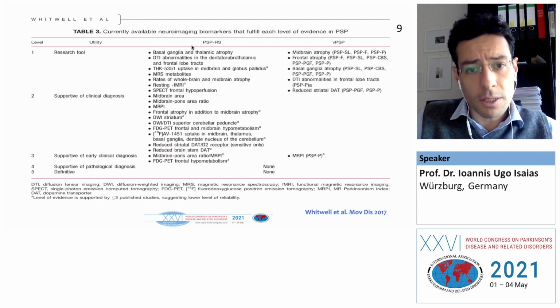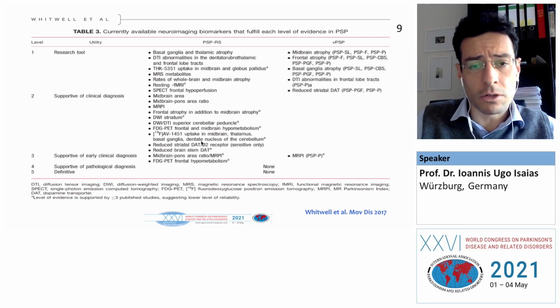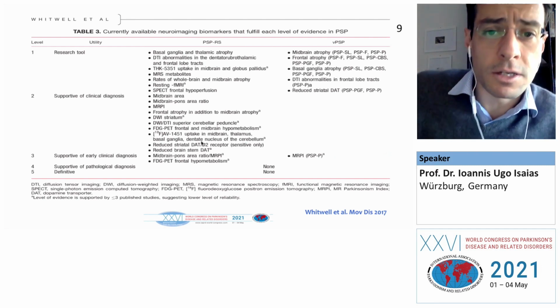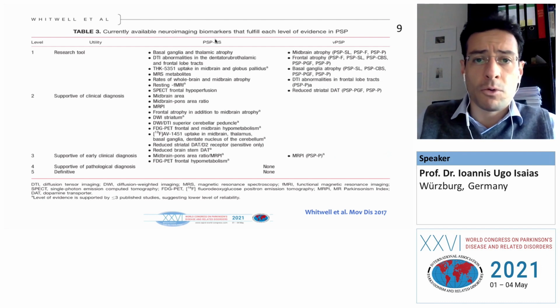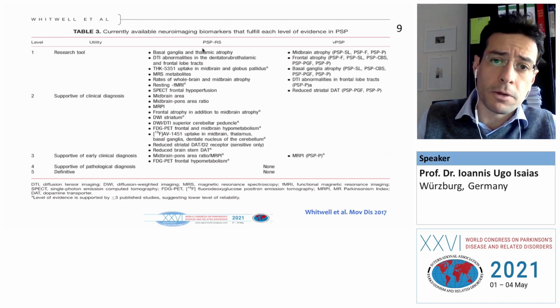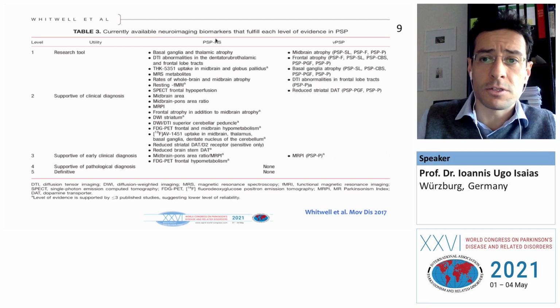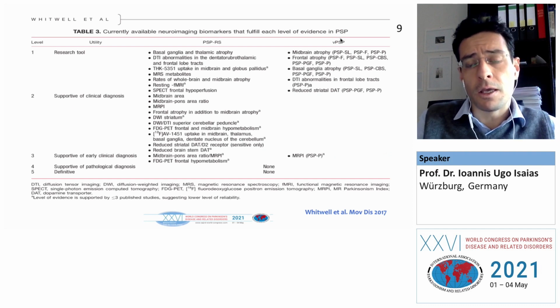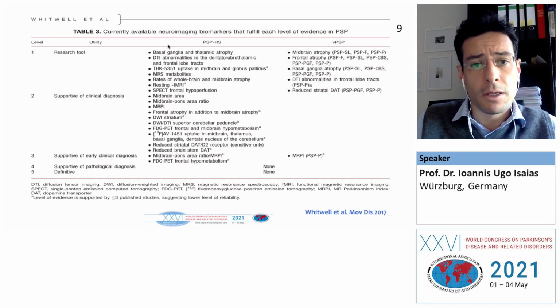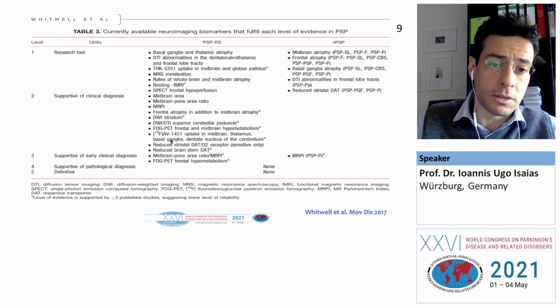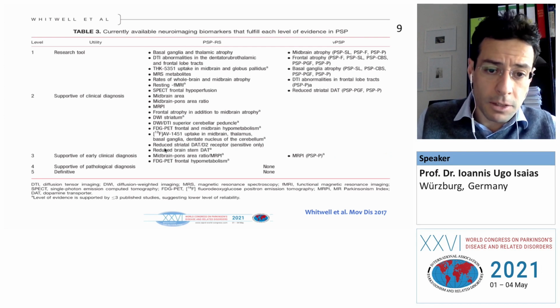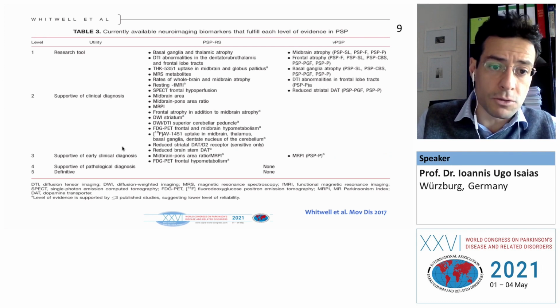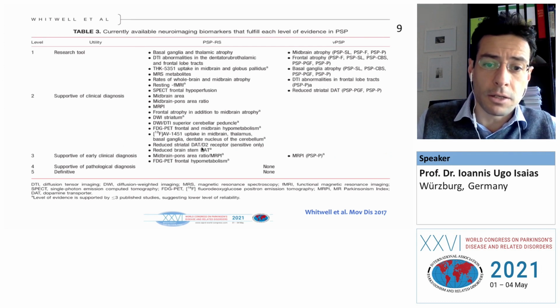And here you can see listed in the central column the many biomarkers that they were able to identify for progressive supranuclear palsy patients with Richardson syndrome, and on the right side for the other variants of PSP patients. There are quite a few. I would not have the time to go into details for all of them, but I would like to draw your attention here to the only two that were supportive for early clinical diagnosis.